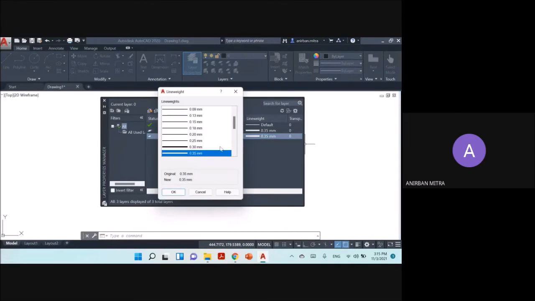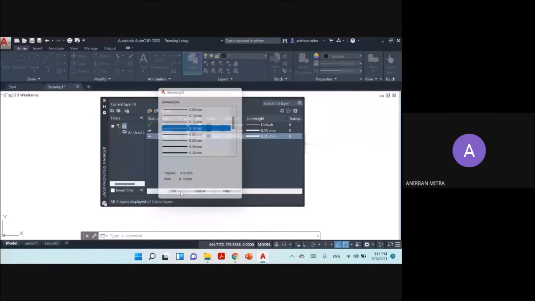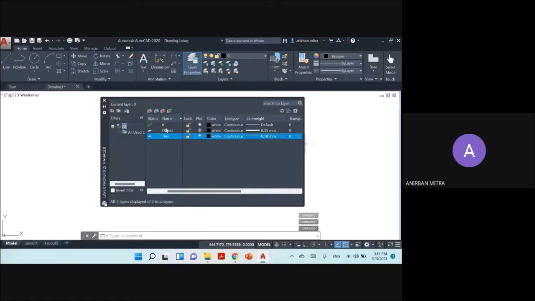So I'll just click here and put a thickness of 0.18, which is almost half of what thickness we selected for the thick layer or object layer, and press OK. So like this, you can go on creating different layers.